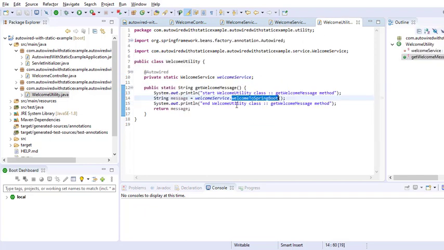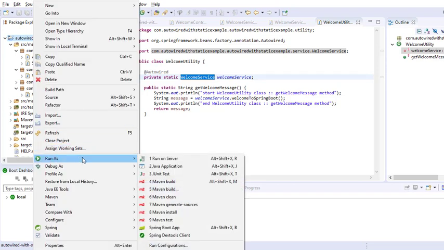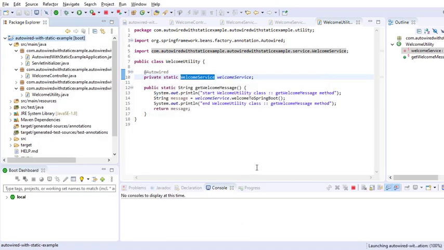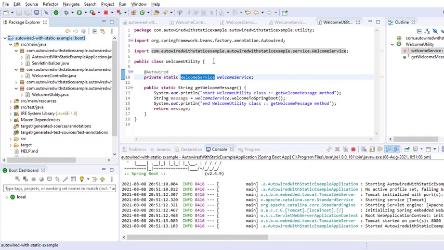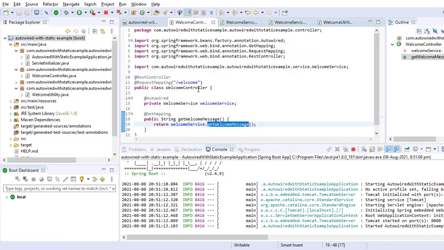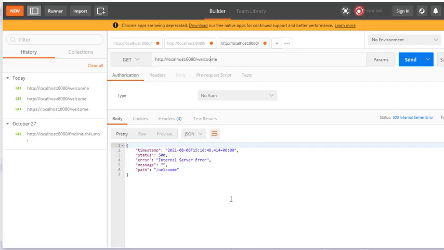One important thing to note here is that we use @Autowired annotation on WelcomeService, so that it injects the dependency of WelcomeService in our project. But if you run this project, it compiles and runs successfully. But when you hit the URL localhost:8080/welcome, you can clearly see that instead of returning a successful message to us, it gives us a null pointer exception. So this is the general scenario.